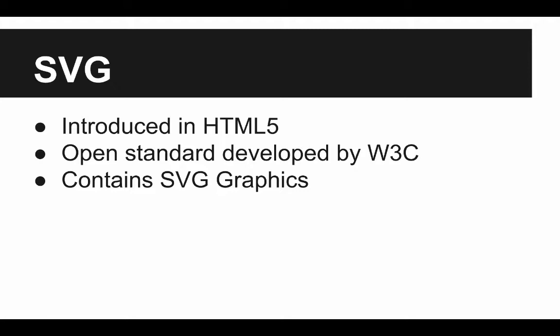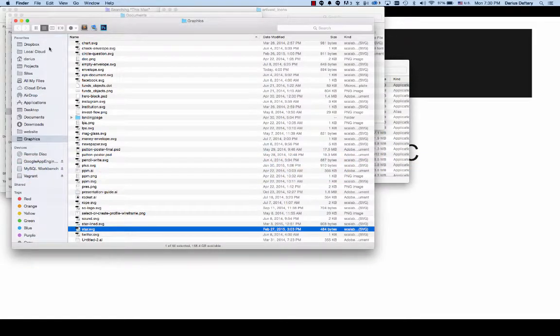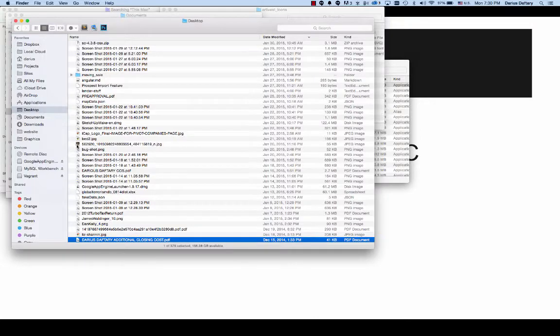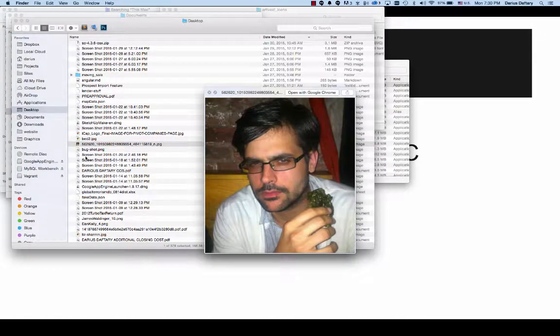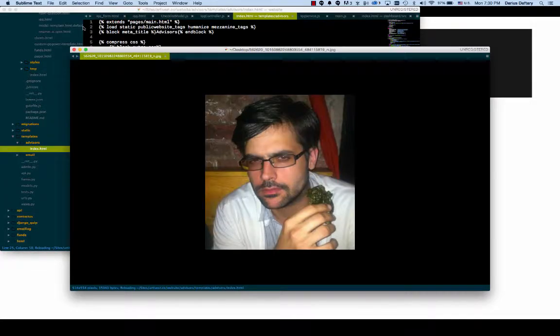So if you go to your desktop, say, and you're like me and you just have random images of yourself sitting around, if I open up a picture of, let's see, here's a picture of me holding a piece of kale, right? If I open up this image in a text editor, that's